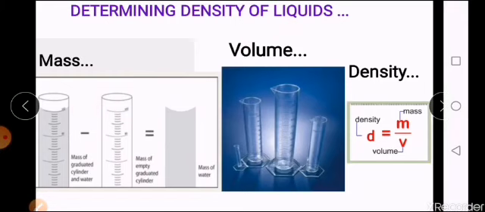Now for that, first you want to know how much volume you should take. So for finding the volume, you take the use of a measuring cylinder. You can pour that given liquid into the measuring cylinder and you can see the value and note it down as volume, right? Now what you're going to do is that this known volume of the liquid, you are going to pour it into the cylinder which you have already taken the empty mass of in the beginning, right? In the same cylinder or in the same container, you are going to pour the amount of liquid given to you, whose volume I have already measured.